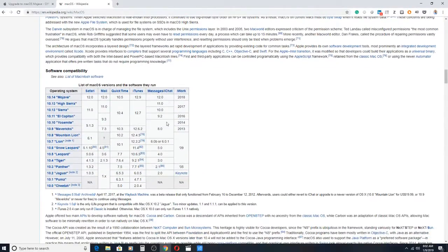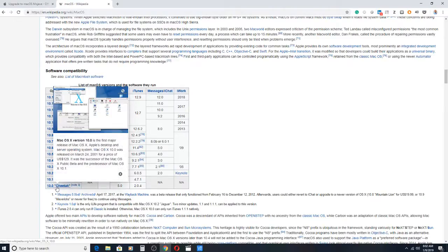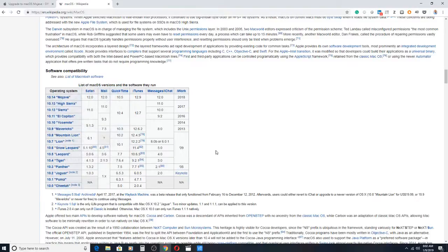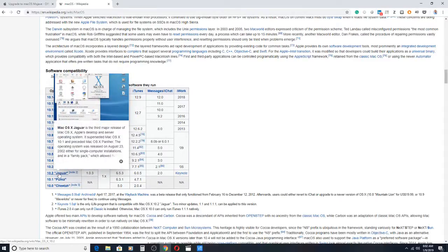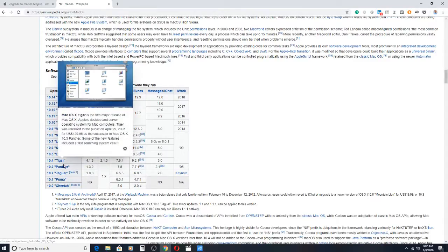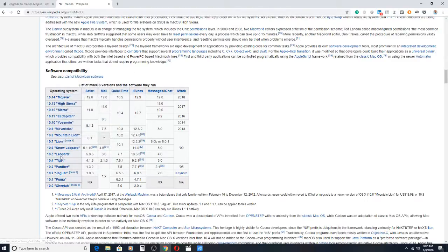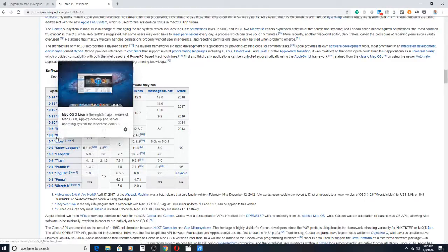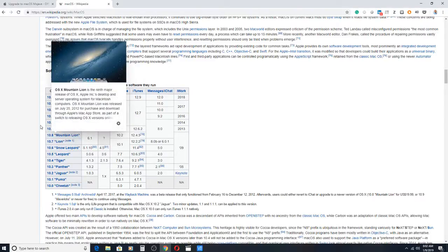When Mac OS X first came out, you had Cheetah, which was the first Macintosh operating system to hit the market. Then there was Puma and Jaguar and Panther, Tiger, Leopard, Snow Leopard, Lion, Mountain Lion, Mavericks,